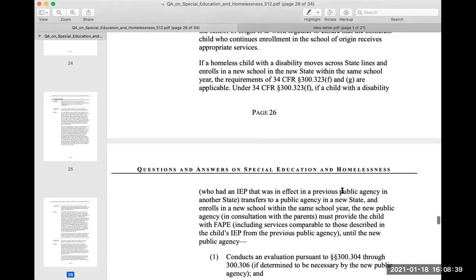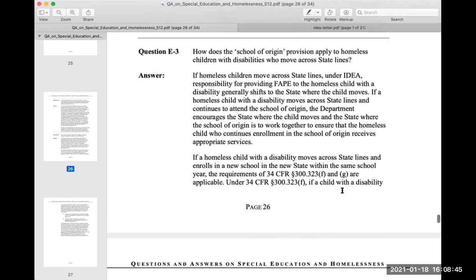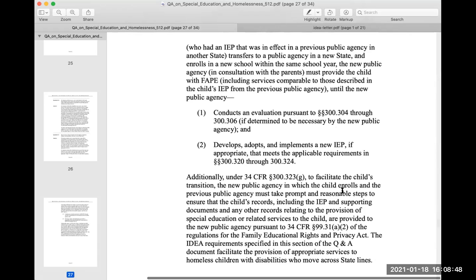Page 25. Questions and answers on special education and homelessness. Question 2. Answer. If a homeless child moves to a new school district in the same state during the same school year and elects to attend the school of origin, which school district is responsible for providing special education and related services? If a homeless child with a disability moves into a new school district in the same state but elects to attend the school of origin, the SEA, consistent with its general supervisory responsibility, must determine which public agency in the state is responsible for ensuring that the child receives FAPE. 34 CFR paragraph